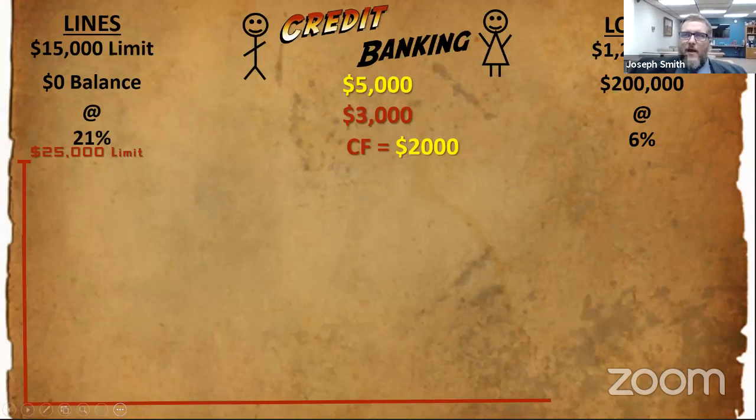I work with an investor who calls it being a victim of a credit limit increase. When you start using credit banking strategies, it happens. It's rampant. It's a phenomenon spreading all over the country. So you started with a $15,000 line of credit, and then in 6 to 12 months, all of a sudden now you have access to $25,000, right?